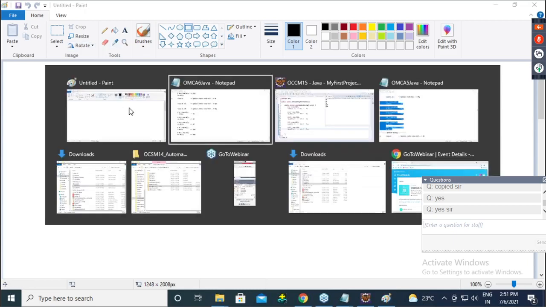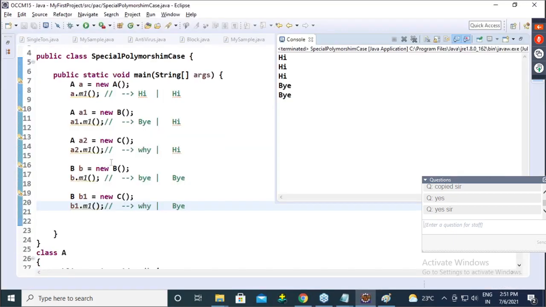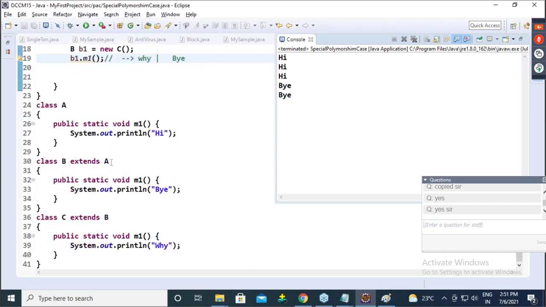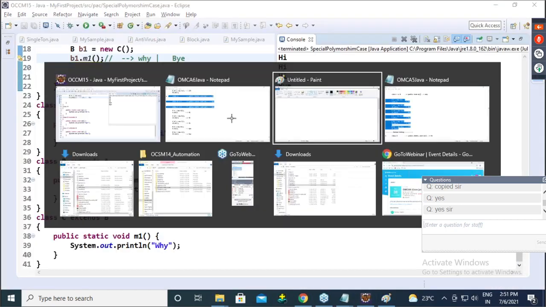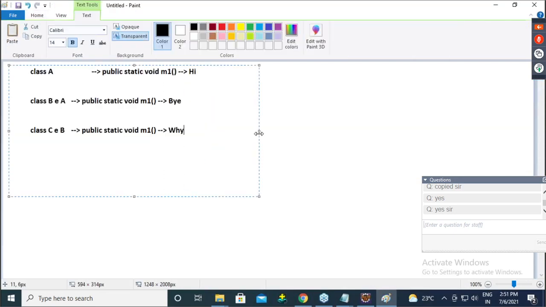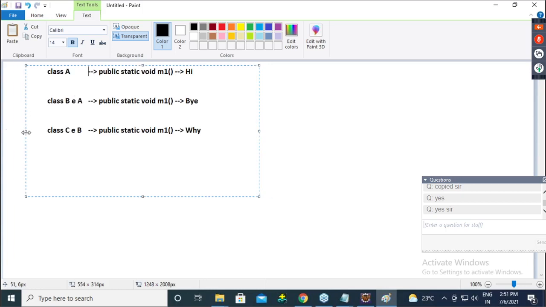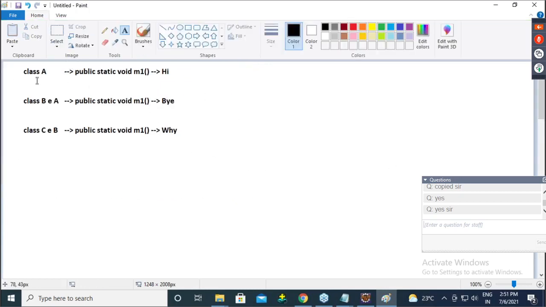Let's assume we have a class. Guys, in this story, class A, class B, class C have a static method.